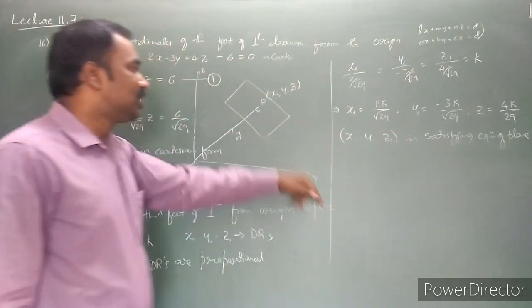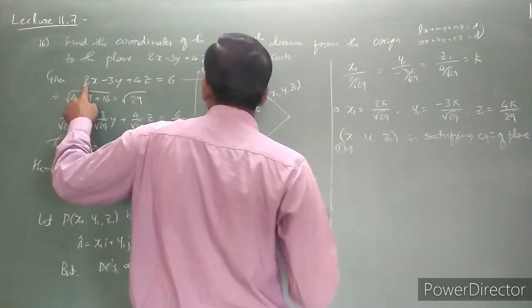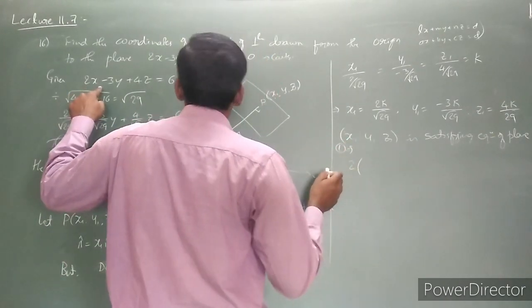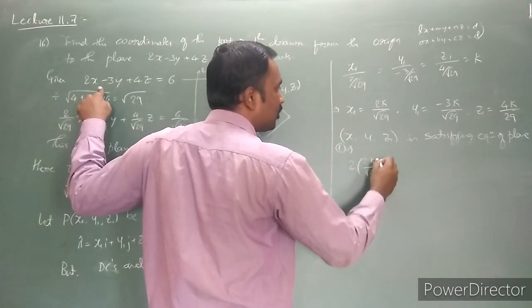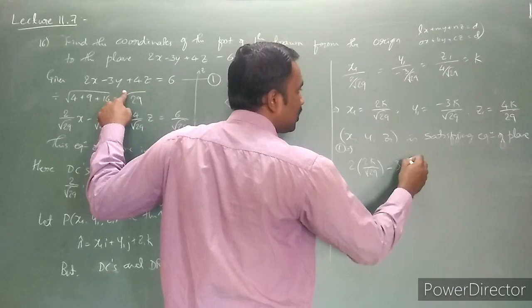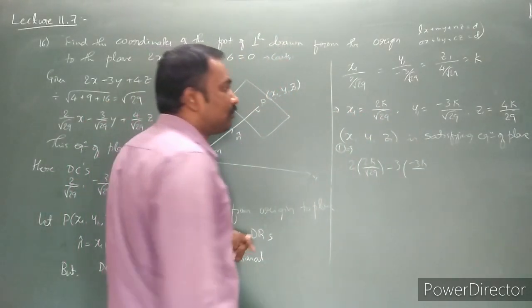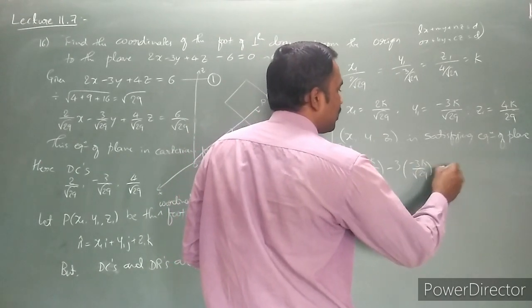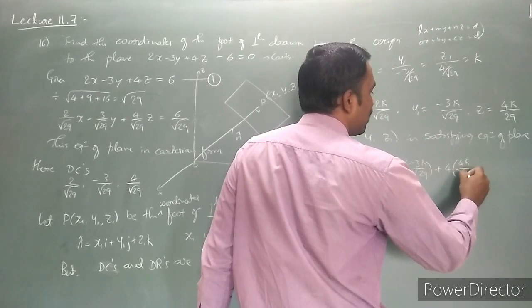Replace x1, y1, z1 into equation number 1. What do we get? 2 into x, that is the x1 value, 2k divided by root 29, minus 3 into the y1 value, because it is a point on the plane, divided by root 29, plus 4 into z1, 4k divided by root 29,